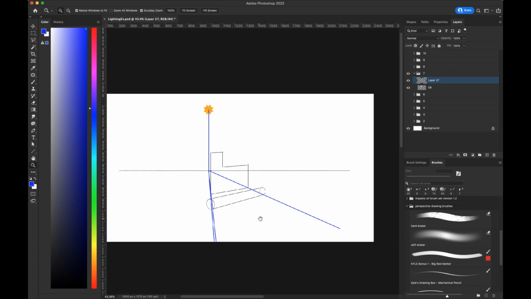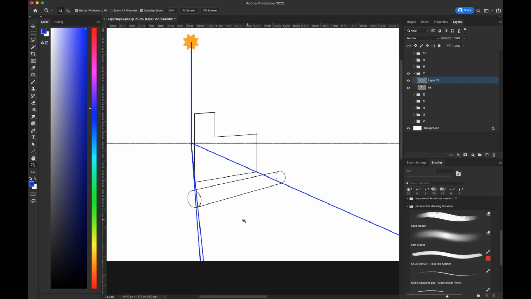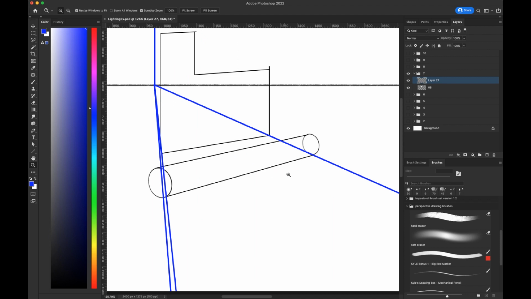Okay, and then I'm going to figure out, because this is a rounded form, so I want to figure out